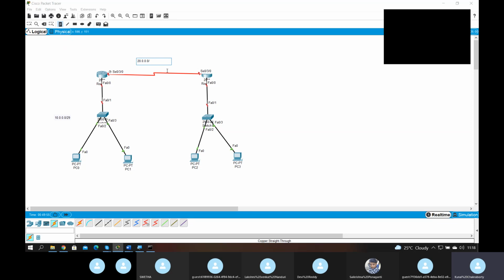20.0.0.0/ now what? Same CIDR? Use 30, sir. You can use 30. Only 2 IP addresses. How? Serial on this side and serial on that side. There are 2 serial interfaces, and in those interfaces IPs are assigned. That means 1 IP each, total 2 IPs. That means the CIDR is /30. This is how you need to implement CIDRs.